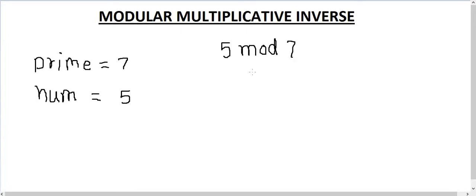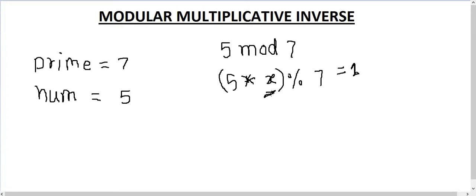We can simplify this as 5 into x, which is an unknown variable, mod 7. This whole equation should be equal to 1. We are interested in finding this particular x.